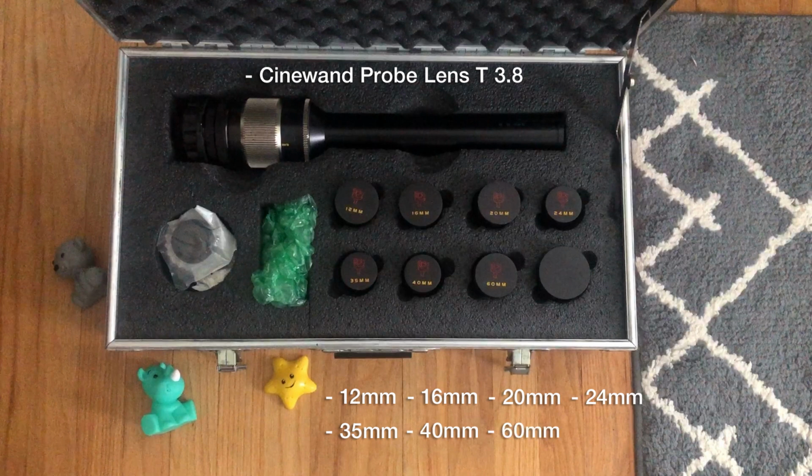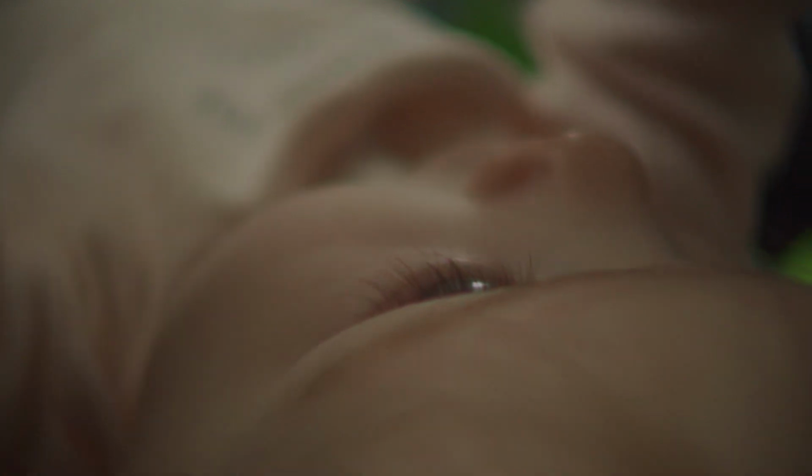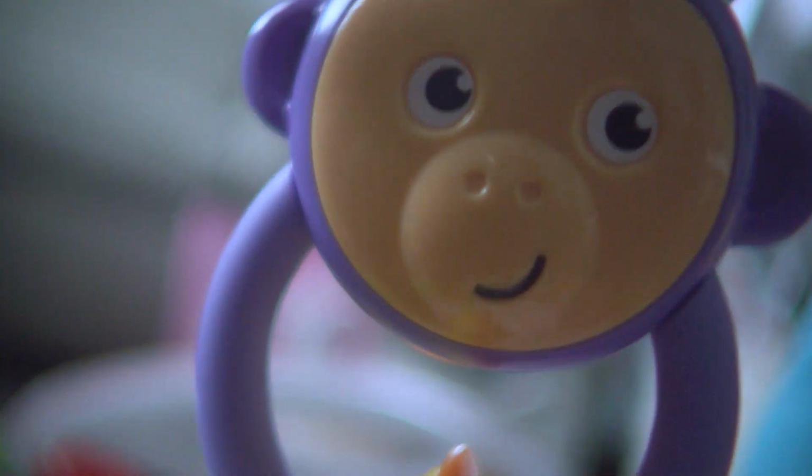I primarily use the 12, 16, and 24 for that larger-than-life feel that these objects and perspectives might have to a tiny 5-month-old. I tried to apply this lens whenever we were seeing something from the baby's perspective. These toys, devices, bowls, switches, bottles, everything is still new and interesting and weird to her, so